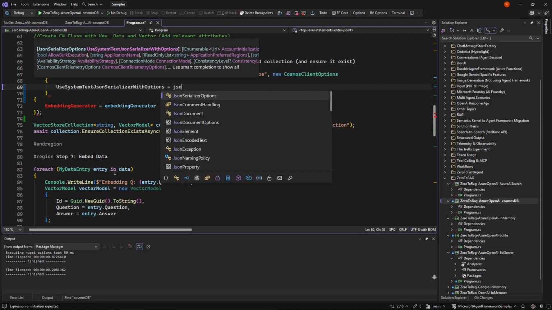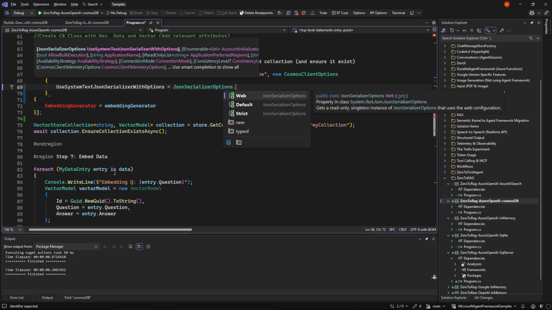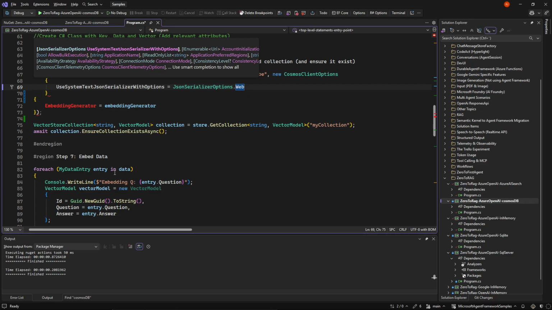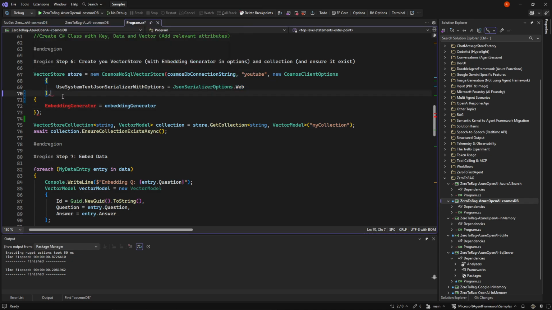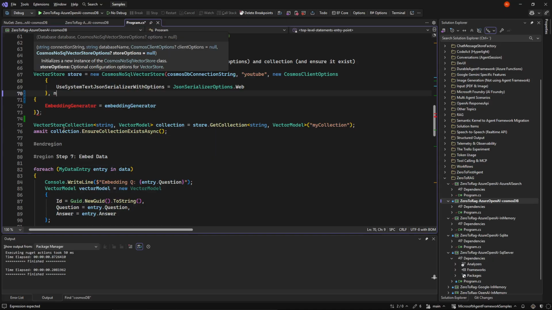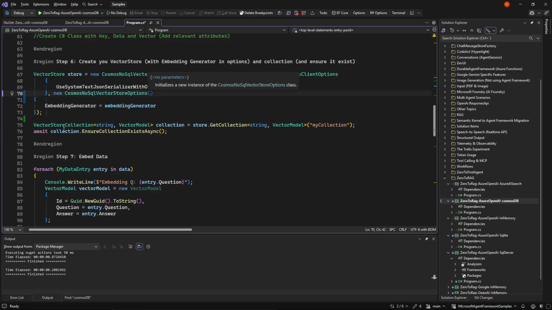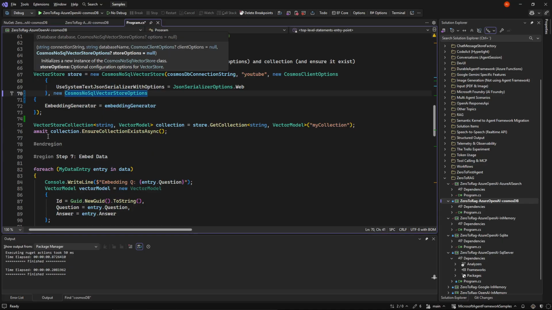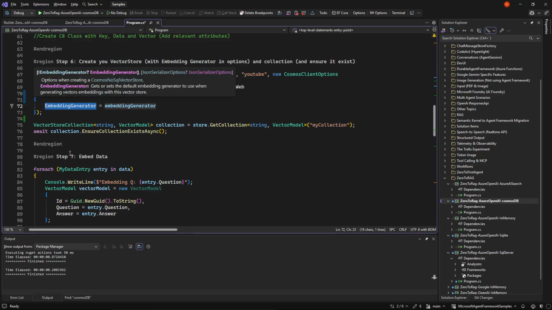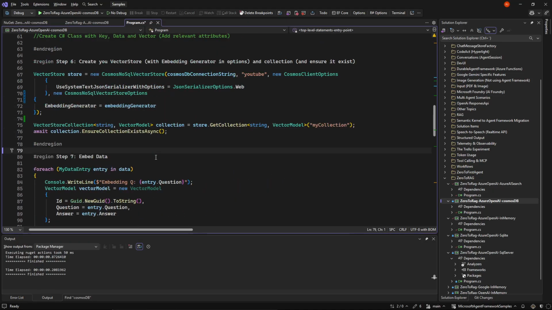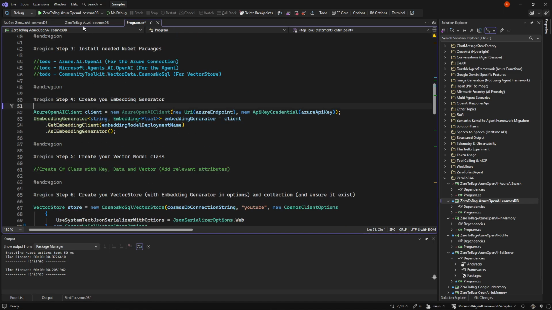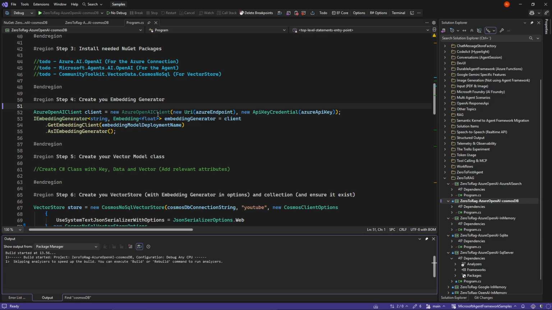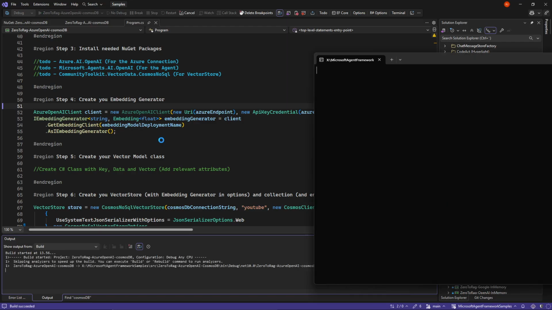And we can say our JSON serialization options, and I know the web defaults work fine. Beyond that, we need the Cosmos DB vector store options in order to give our embedding generator. But beyond that, we don't need to change anything. That's all we need. We can run it, and hopefully it will work.